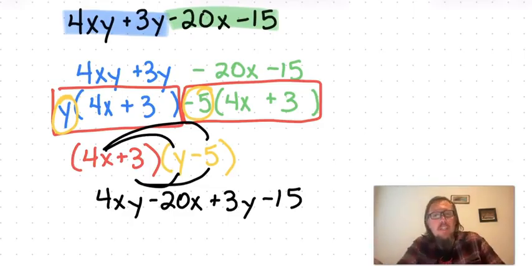So this is factoring by grouping. It's one of the ways that we can take a polynomial and get it into two sets of parentheses. As you can see, there are quite a few steps. This one takes some practice. It's going to take a little bit of practice to get this right, but it is a really accurate way to factor. Doesn't require a lot of guessing, like trying to figure out what the two parentheses should be,